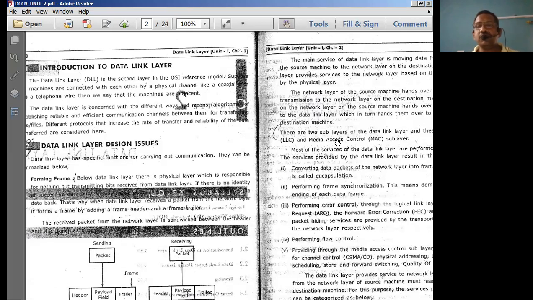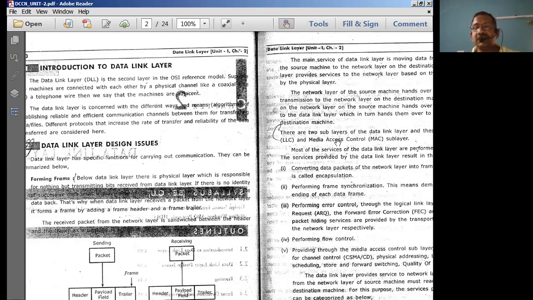Therefore, usually these 3 layers are going to change in the intermediate nodes based on the types of the networks, based on the type of control, flow control, based on the speed of the systems, and so on and so forth. This particular information provided by these layers is simply going to get interchanged in the intermediate nodes.